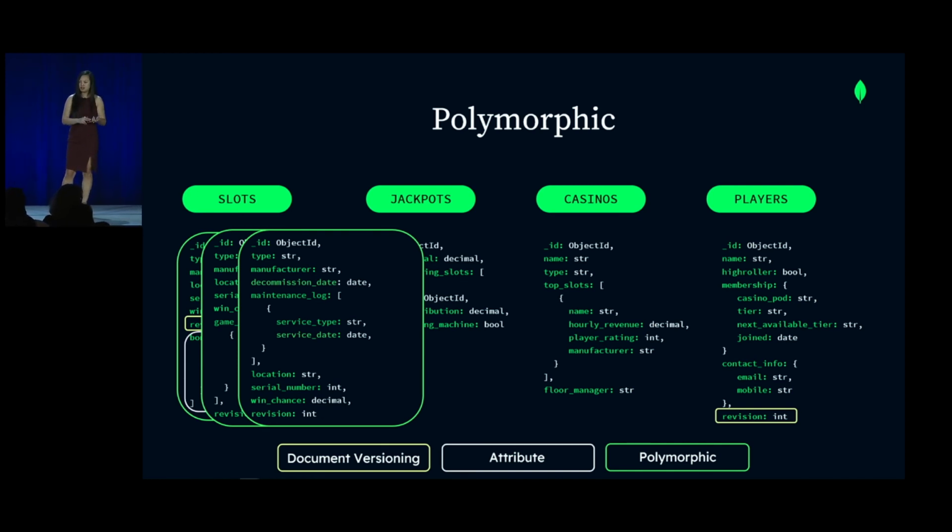In this case, we have all of the similar ones, right? The manufacturer, the serial number, all that. But for something that's going to be phased out, we have probably maintenance logs on that particular slot machine. We have a potential decommission date for when that old thing is finally leaving the casino floor. And so this is just to say that depending on the type of slot machine that we are keeping track of, the polymorphic data design pattern is there to back us up to be able to capture all that different type of information based on the slot machine.